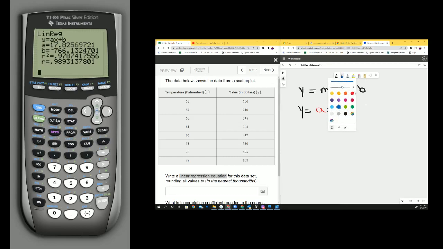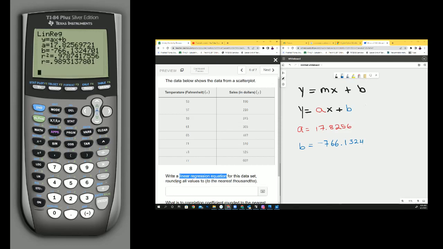It gave us what our B is. And then it gave us some other numbers, which I'll talk about in a second. So let's start. We have A equals 17.8256, and our B is negative 766.1324. Now I'm writing out a few decimals because if I reread my question, it says write a linear regression